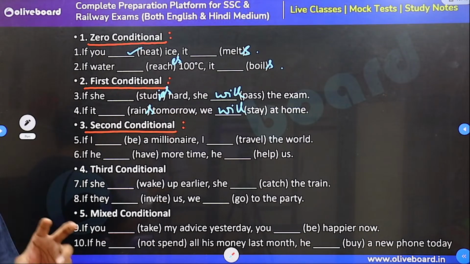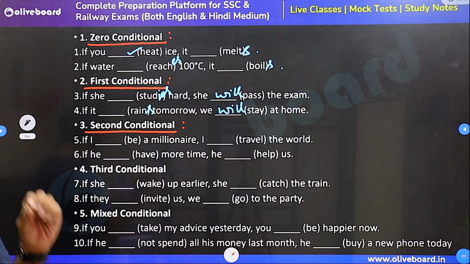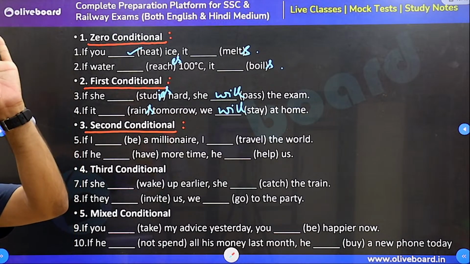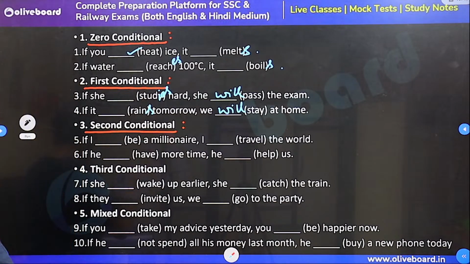Manoj, could had is not possible, brother, in English. Models take a fresh form. It's impossible to have a V2 after any model in English. So that should be could have, not had. Stay here. I keep on saying 3 to 5 lines in English, and this is one of them.